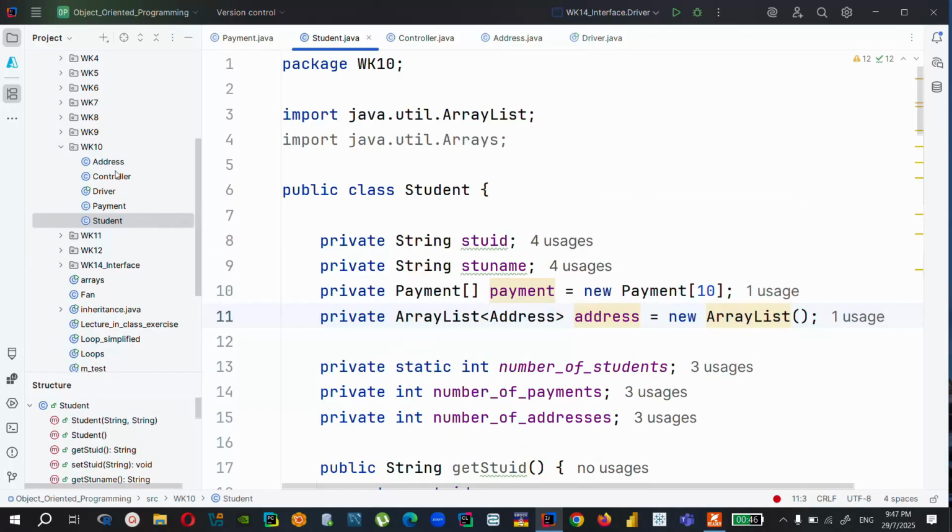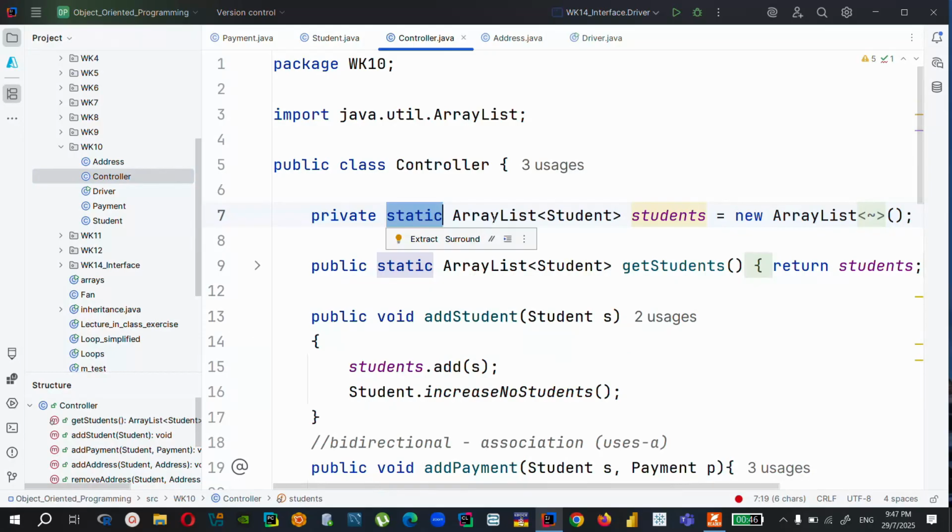But over here in the controller, I put static because in the entire memory, I just need to create one array that can store student objects. Static means that you only have one copy in the entire memory of an array that is capable of storing students. So it makes sense. So we don't want to have like a controller,